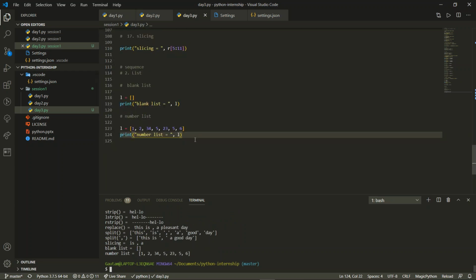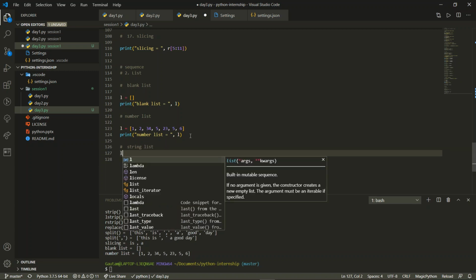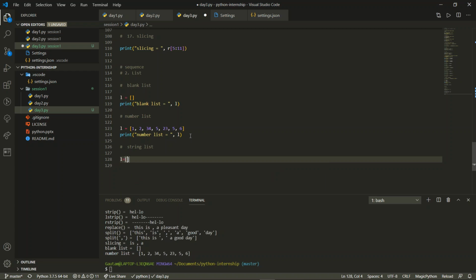Now if we have a string list, you can make another list, string list, and L equals, inside this in single quotes, because over here for numbers we didn't require single or double quotes. So you can have strings like dad, then another string like mom, then family.